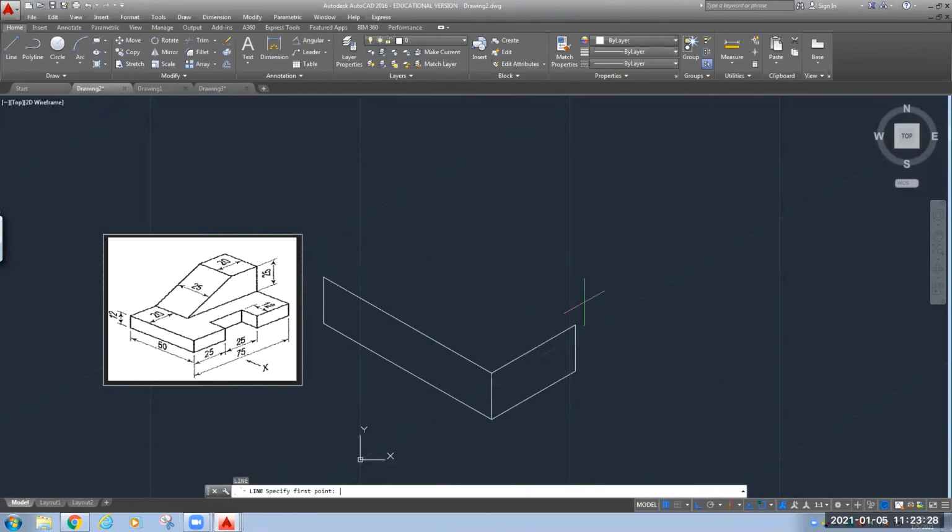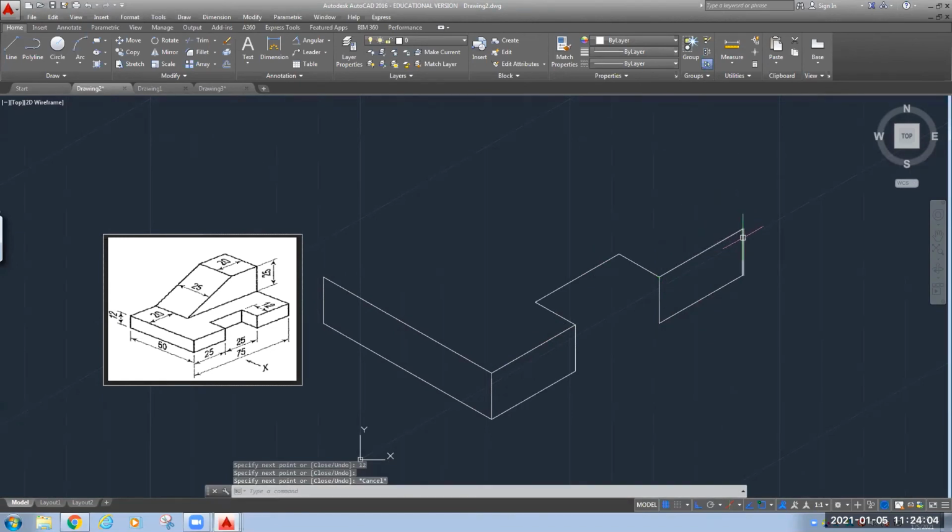Again I want to move from this point, press the F5 key to change the orientation. Depth is 12. On this side you need to move 25. On this side 12. Change the orientation in the downward direction, 12. On this side you need to move 25, 12, then close this.